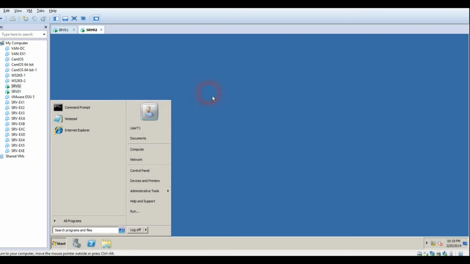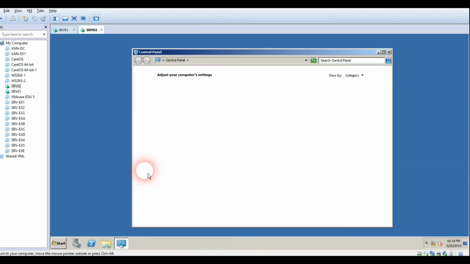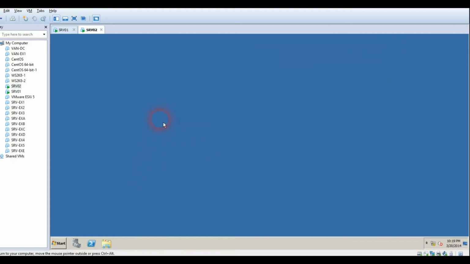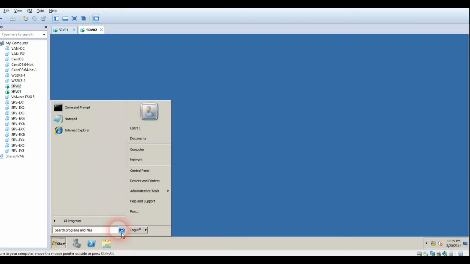It's still popping up, but I go to the control panel. It's accessible. Okay, control panel is accessible. Right click is not accessible because the user T1 cannot access the desktop. Let's try to log off